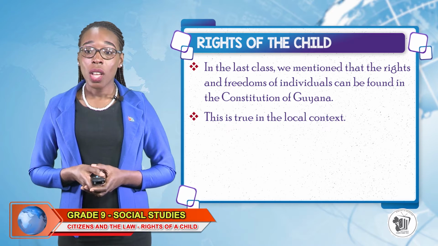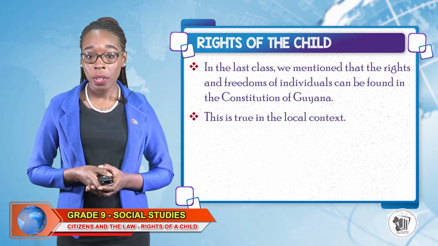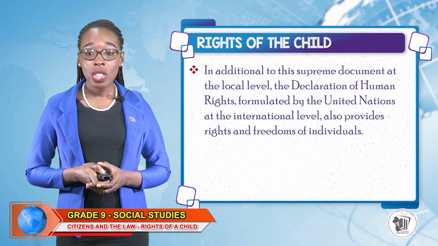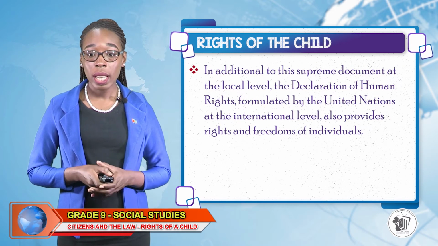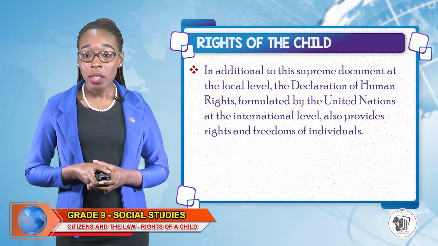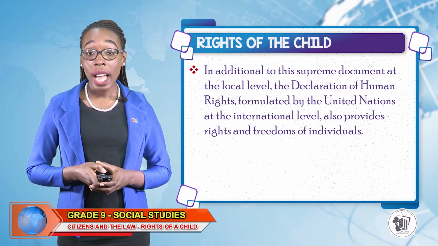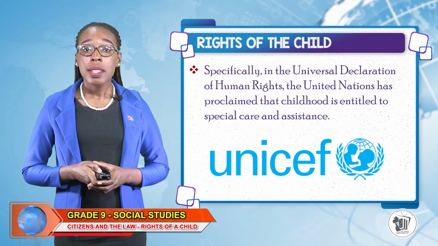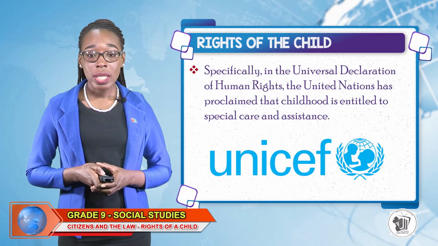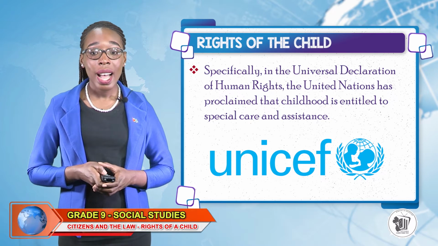In the last class, we mentioned that the rights and freedoms of individuals can be found in the Constitution of Guyana. That is true in the local context. In addition to this supreme document at the local level or the national level, the Declaration of Human Rights, formulated by the United Nations at the international level, also provides rights and freedoms of individuals. Specifically, in the Universal Declaration of Human Rights, the United Nations has proclaimed that childhood is entitled to special care and